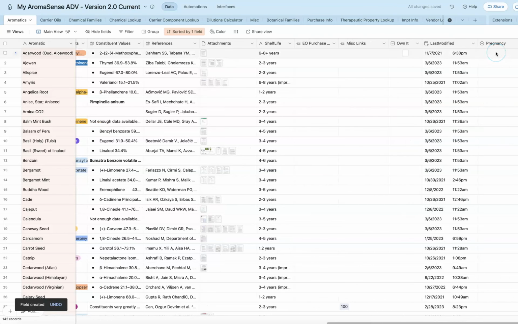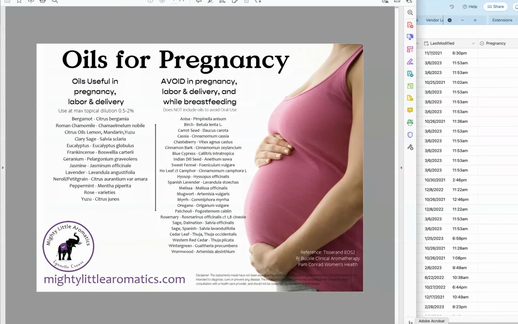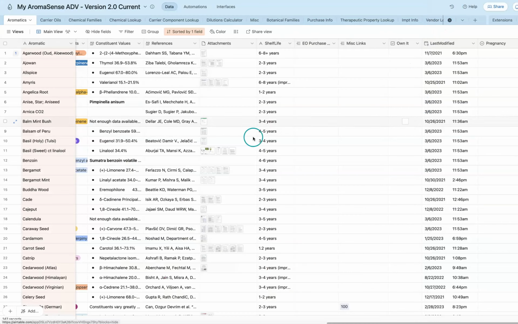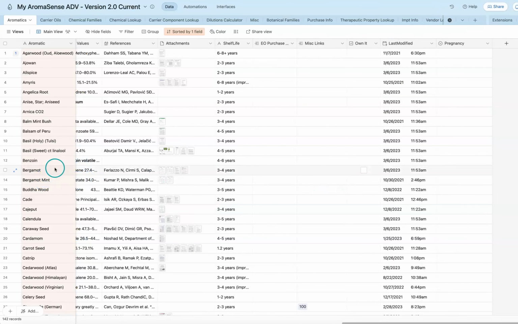And there it is. Now I could go back to my infographic and start plugging in the oils that I need to say are safe or useful. Bergamot, Roman chamomile, citrus oils. All right, let's check that out first. And I'm going to move all the way over as far as I can. Bergamot right here. Pregnancy safe. And if I have a hard time going across to make sure I can see the information and remember which aromatic I'm on,